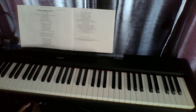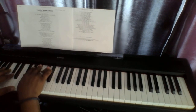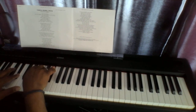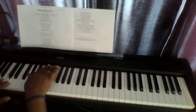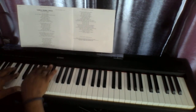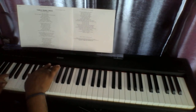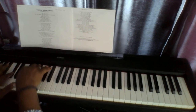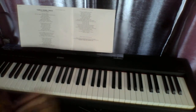So when you get to the part where they're doing the O's, the same progression that you're using on "To Be Surrounded by Your Glory," you're doing exactly the same thing. Same, starting with the F sharp to the A flat to that B flat minor. Same exact thing. Only difference is you can add some fill in there if you want, or you can go with the melody. So, you know, you can do something as simple as